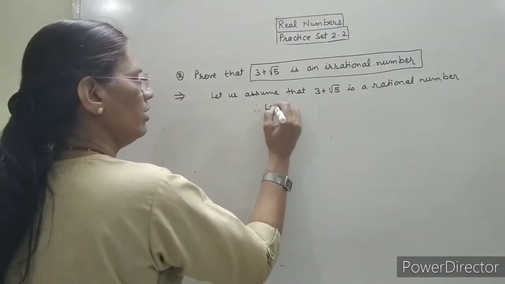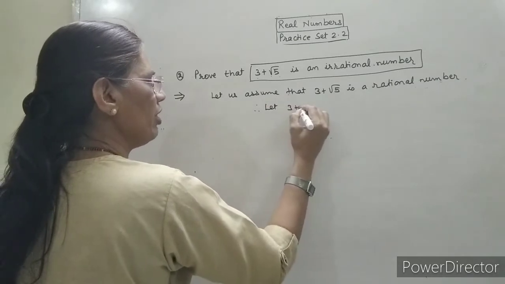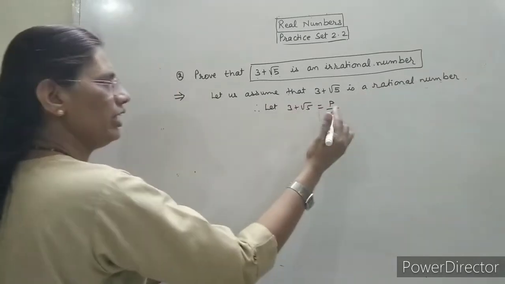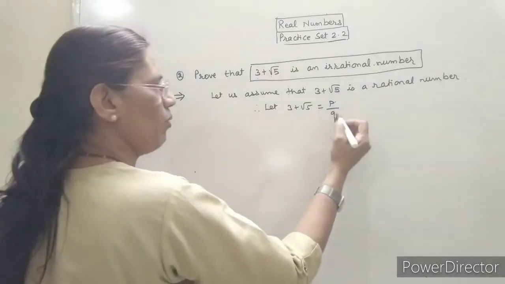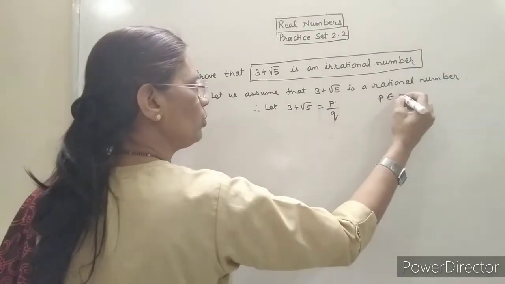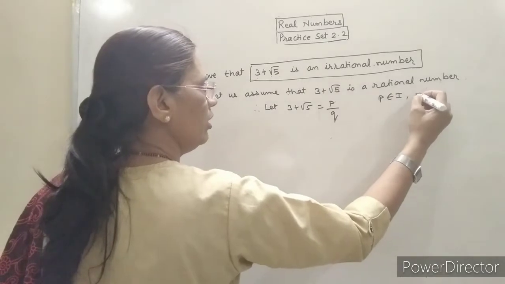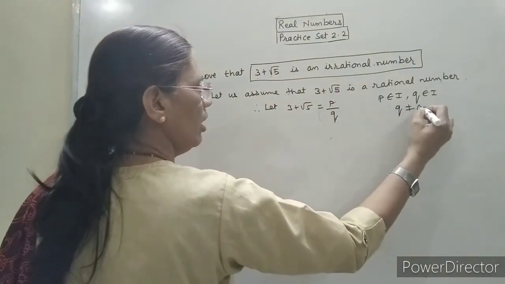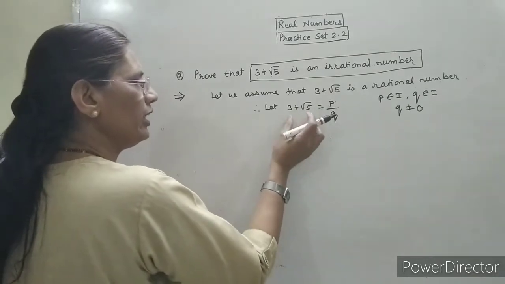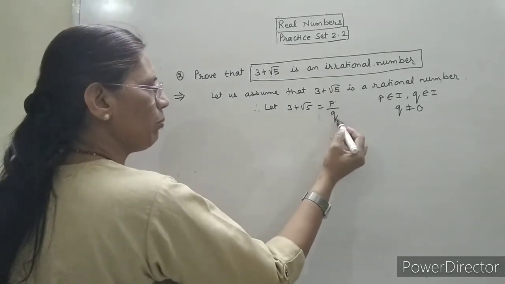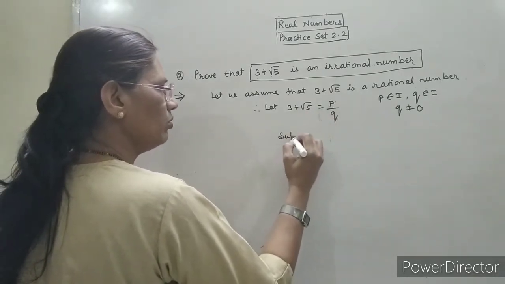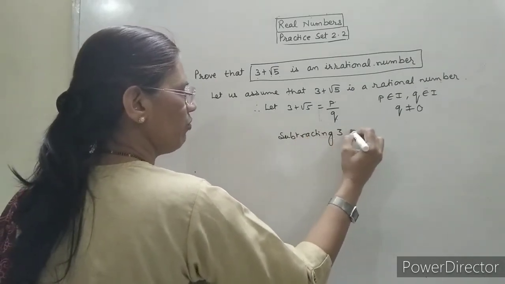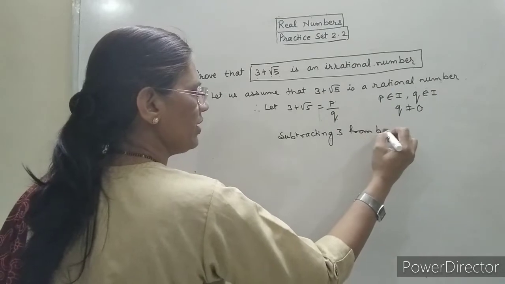Therefore, let 3 plus square root 5 be equal to P upon Q. When this is a rational number, that means we can express it in the form P upon Q, where P belongs to integers and Q is also an integer and Q is non-zero, right? So, here we get 3 plus square root 5 is equal to P upon Q. Subtracting 3 from both the sides, we get